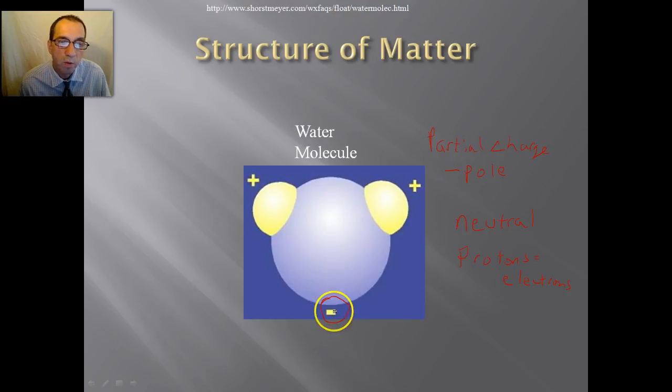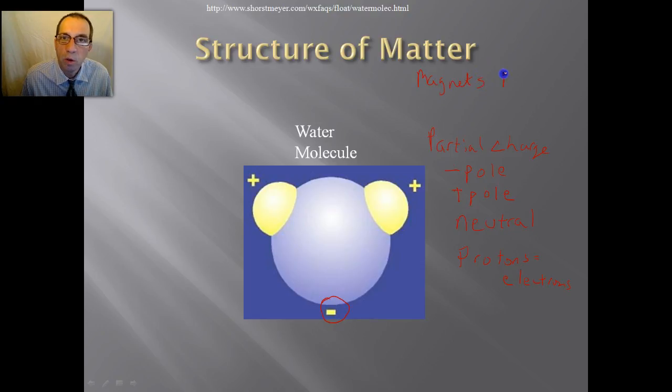It has, therefore, a negative pole, and it has a positive pole, which is where the protons of the hydrogen molecule are, and that tends to have a slightly positive charge on this end. And if you know anything about poles, you've heard of poles before. Most likely you've heard of poles in terms of magnets. So in magnets,